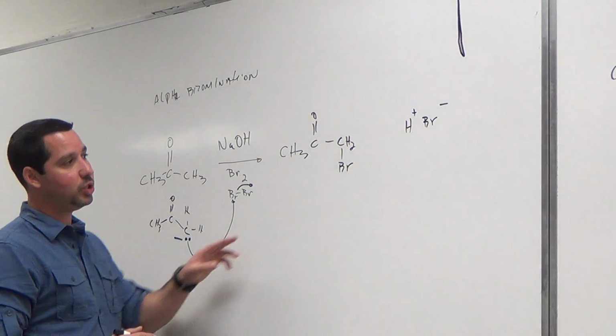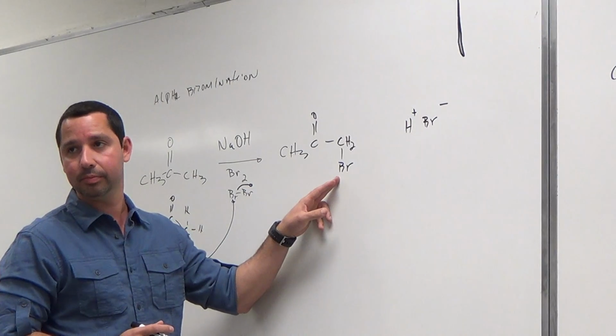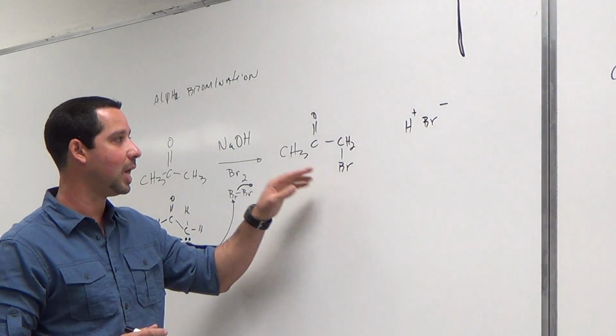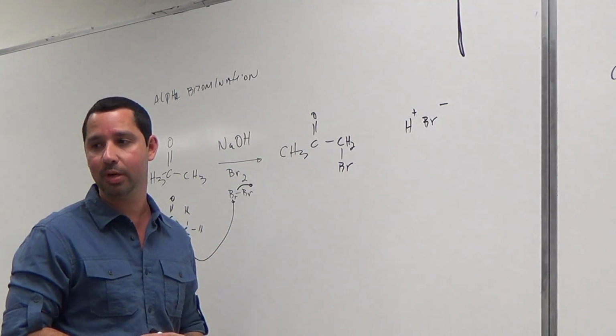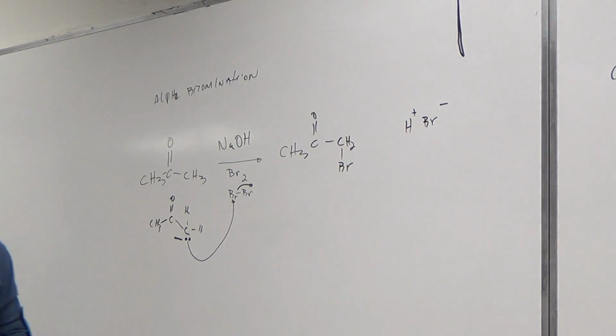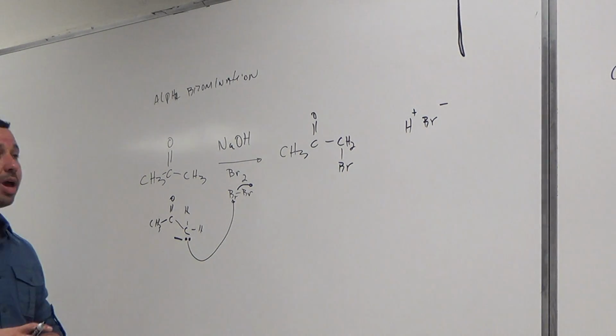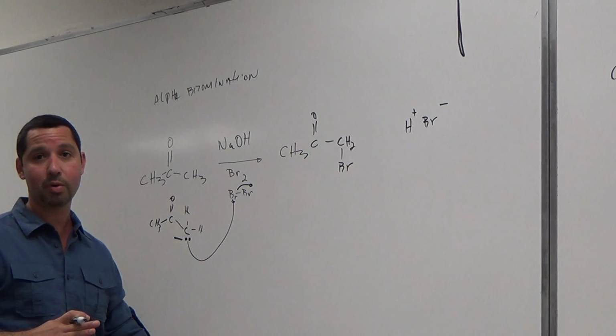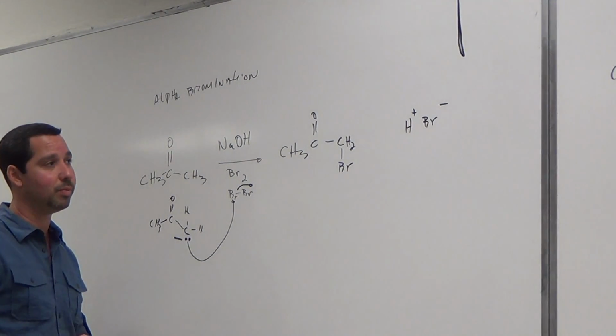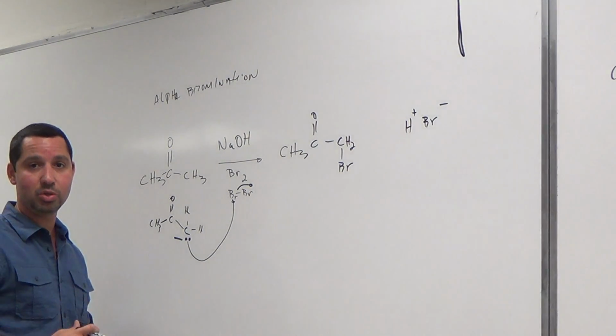So now, once you put this Br here, can this bromine undergo another alpha bromination? It can go another alpha bromination. So now we have a problem, yes? Do we have a serious problem? We have a serious problem in which methyl ketones,